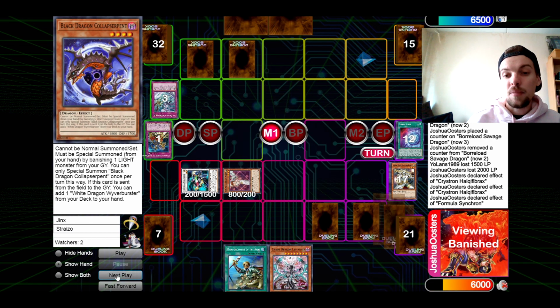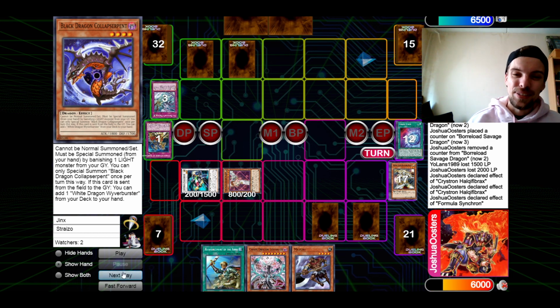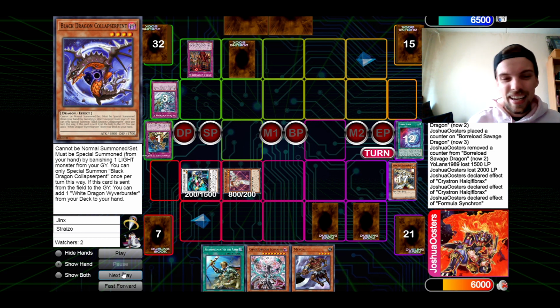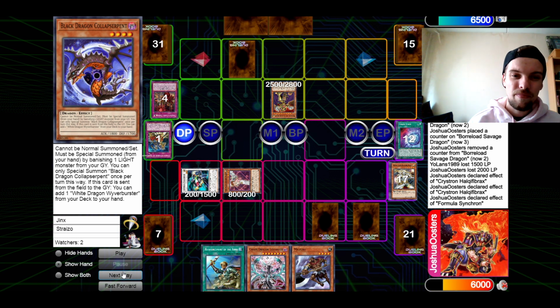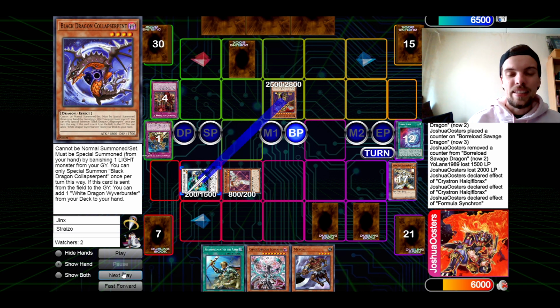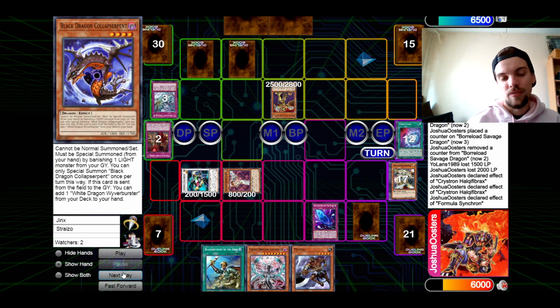But this is pretty rough. I'm gonna be able to draw another card, Mizuki, but I don't have any zombies at the grave anymore because of the prison. So here I'm just gonna pass because I don't really have any play left, which is quite sad. At this point, I'm gonna try to grind it out. I'm gonna Fogblade here just to keep my monster on the field, but